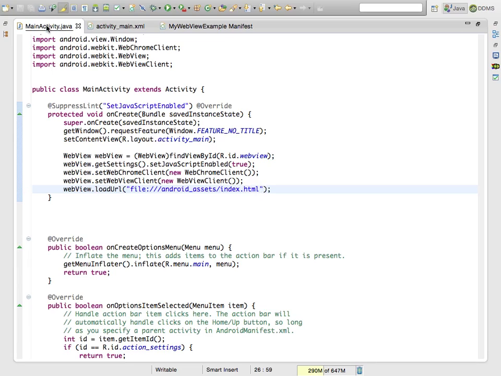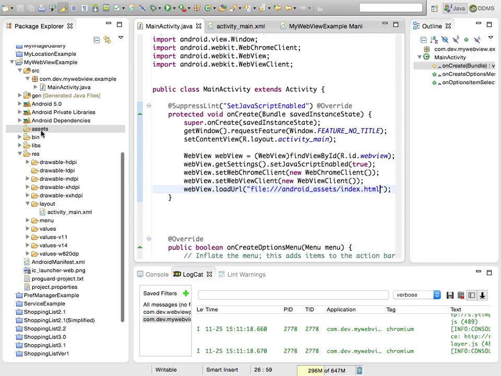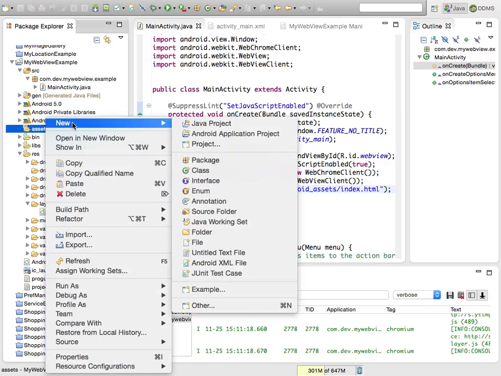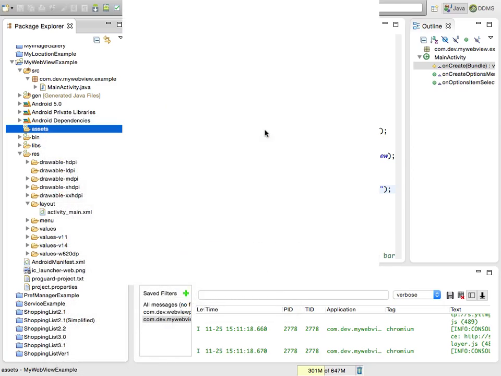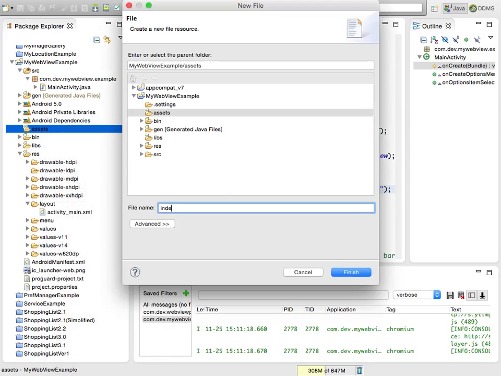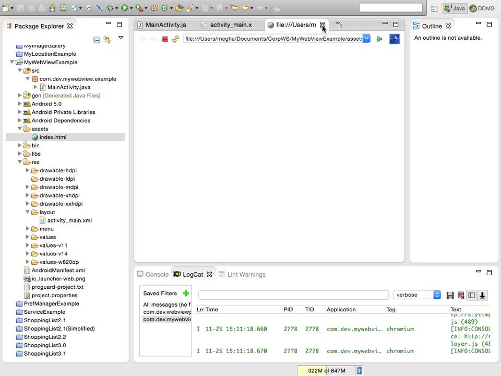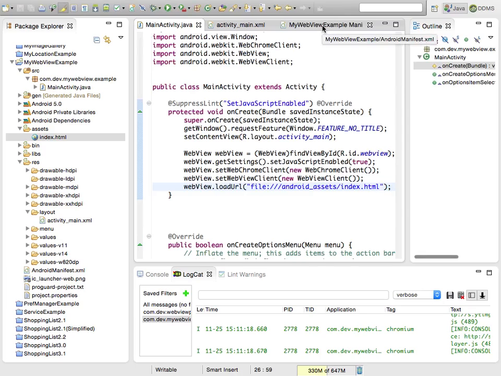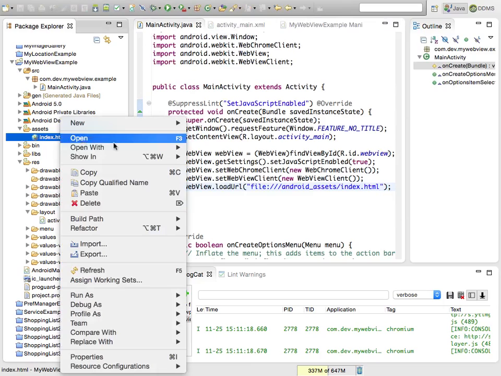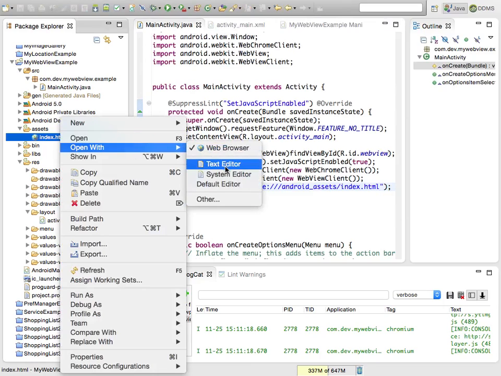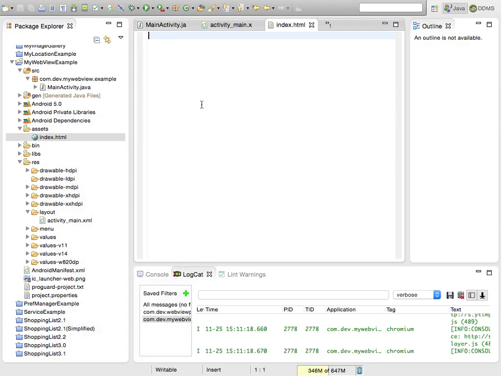So let me create a simple HTML file. Okay, you can write HTML code, any code, of course, any JavaScript, any kind of support which you have